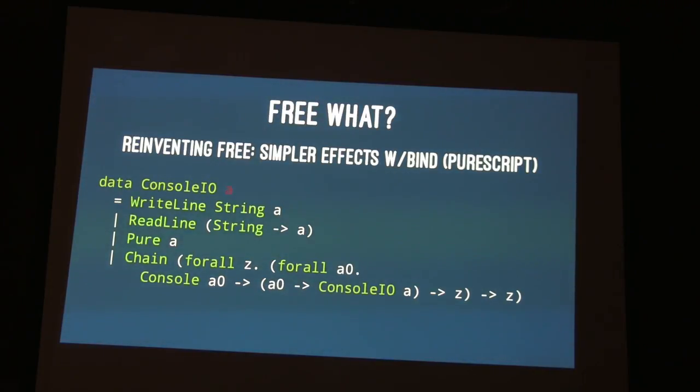So we haven't changed a whole lot. It looks almost the same here. I've changed end with to be this operation called pure. And then I've deleted the continuations in write line and read line, and instead just created a hole there called A. And that's the reason that I needed a pure, so you can stuff anything you want in there. So when you create a write line using the write line constructor, you can stuff anything you want in the A hole. It could be a